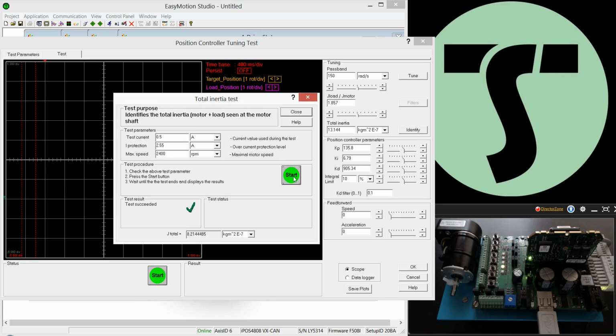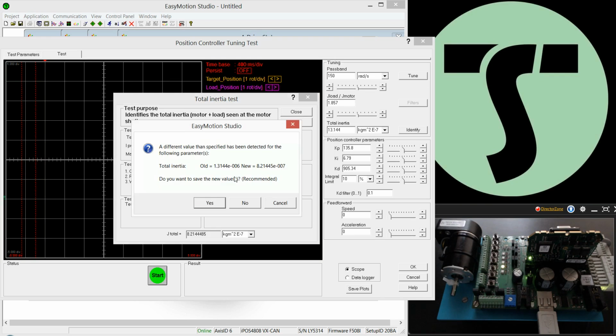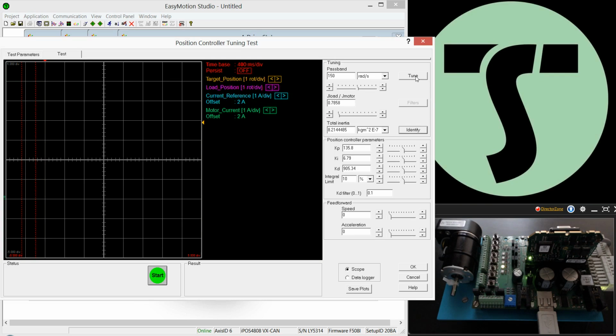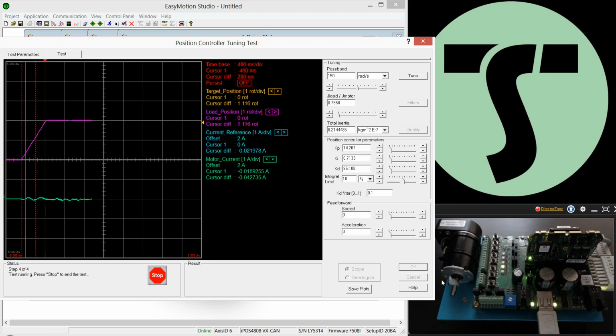Now that we have an idea about the total inertia of the system, we can press the Tune button to get an initial set of parameters, and then we can start the actual test. Please notice the initial positioning move till aligned with phase A is performed, and then the actual positioning used for tuning is started. While the motor is moving, we can see on the oscilloscope view the graphs for position and